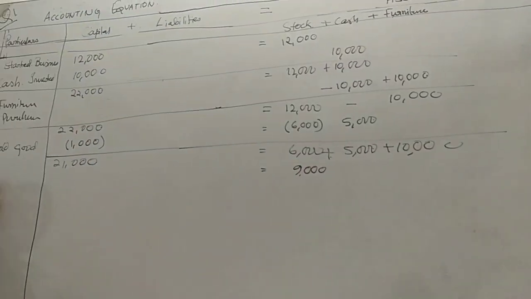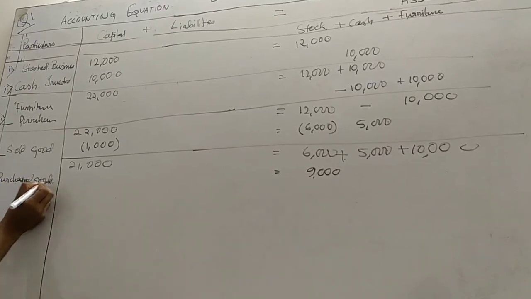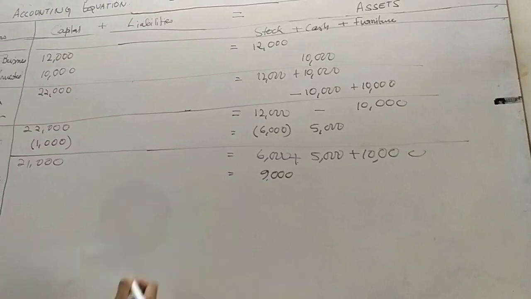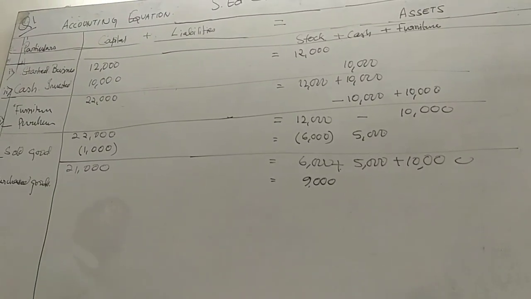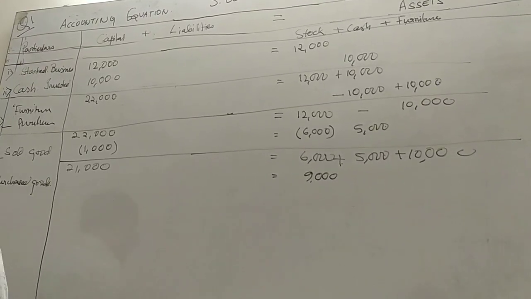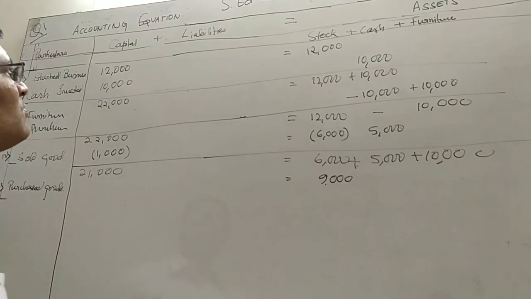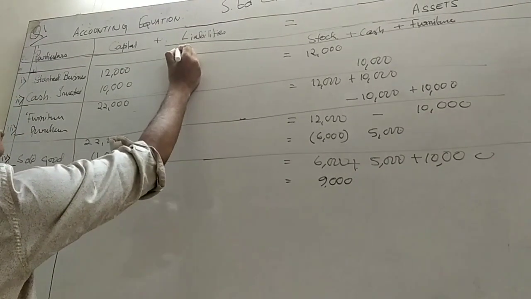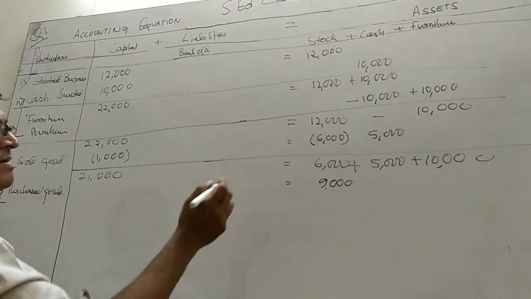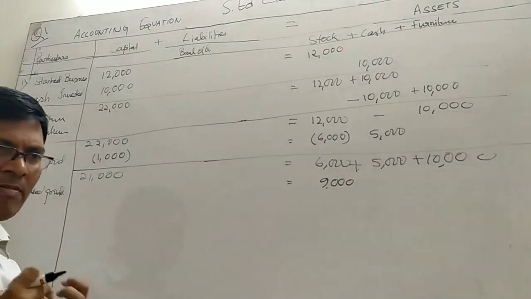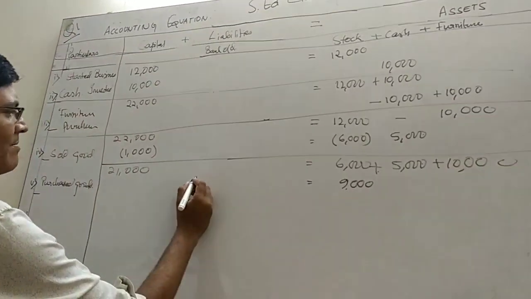So what we have done? We have purchased goods of 9,000. Our stock has increased by 9,000. We have paid it through bank balance, but we do not have bank balance. But it is written over here that we have paid it through bank balance. So we have to create a bank liability that will be called bank overdraft. We have got a negative balance in the bank. We have withdrawn more from the bank. The business is liable to return this money to the bank. That's why it's becoming a liability.